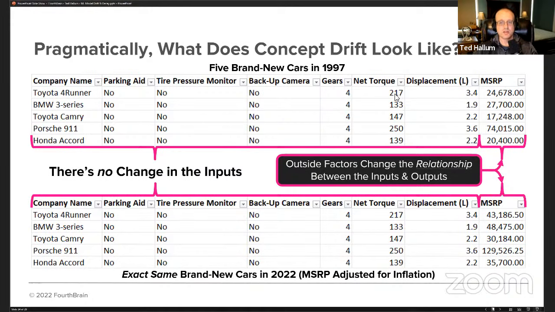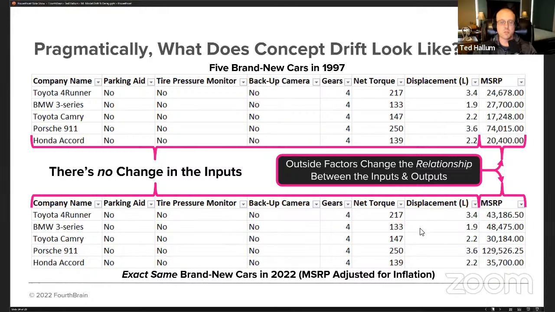Now, this is the data in 1997 at the top. Down in 2022, we have the same vehicle. So just assume these vehicles have been kept pristine, never sold, 0 miles put on them. They were put up on blocks in a warehouse by the manufacturer. So there's been nothing to make the value of the vehicle go down in terms of its use. All of the predictor variables remained exactly the same because they were, in fact,